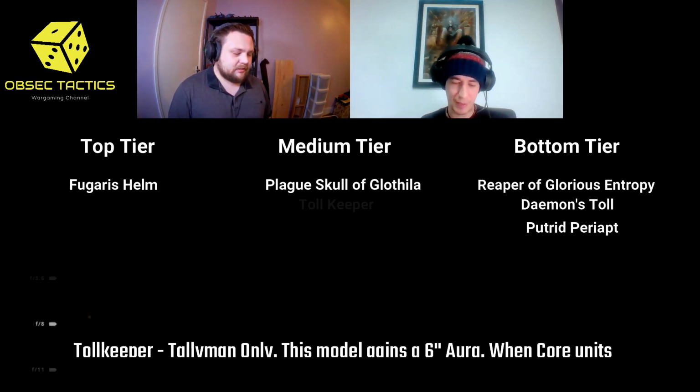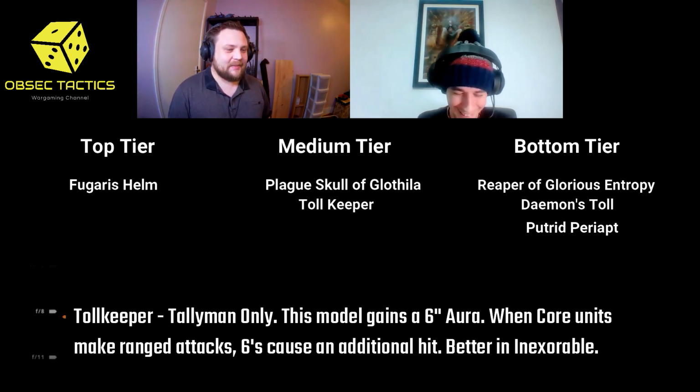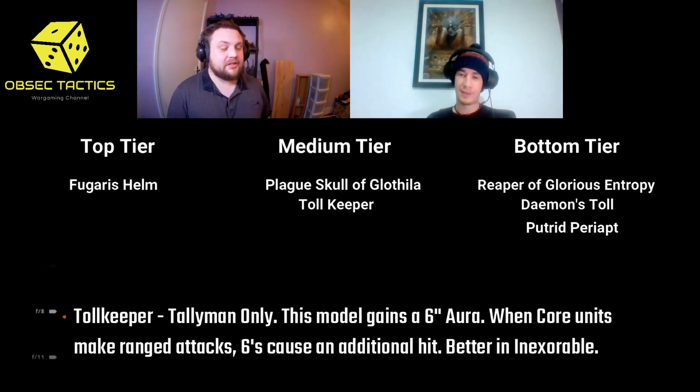Now, this next one I want to like so much, and boy did Gareth and I have a heated discussion about this the other night. So it's a Tallyman model only. The bearer has the following ability. It's an aura, so it affects all Plague Company core units within 6 of the bearer. Each time a model in that unit makes a ranged attack, an unmodified hit roll of 6 scores an additional hit. So this is the Tollkeeper, and it goes on your Tallyman, which is nice because a lot of lists are going to be taking a Tallyman,